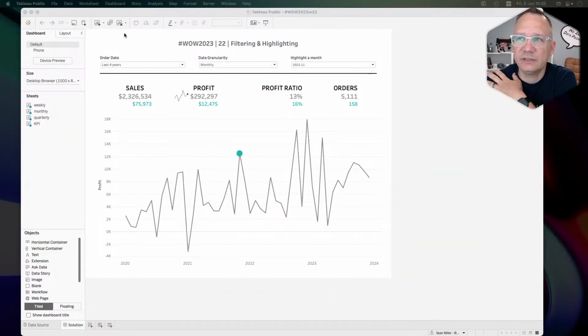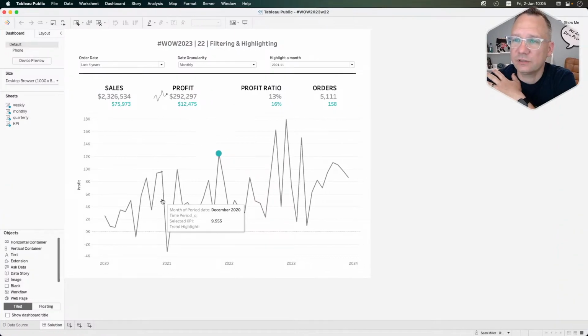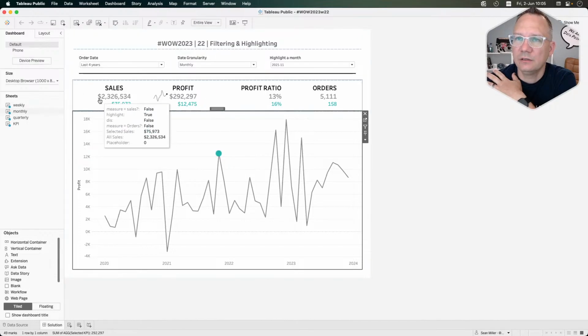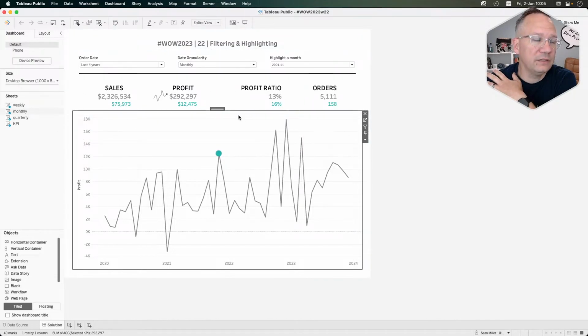So this is what we're going to be building this week. We've got a trend line, we've got 4 KPIs, and then up at the top we've got 4 separate filters. So we've got order date, so you can choose your date range, basically how much of the trend line to show. We have date granularity, which changes the grain of the date that the trend line is